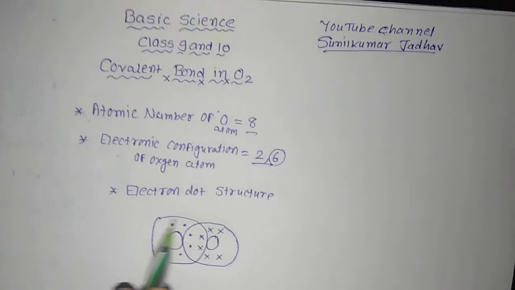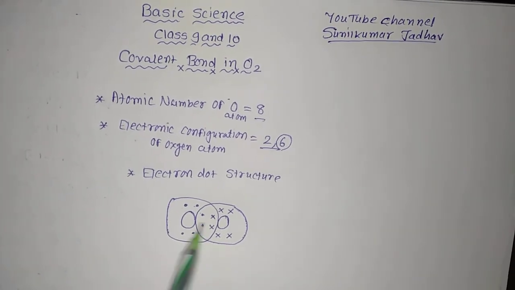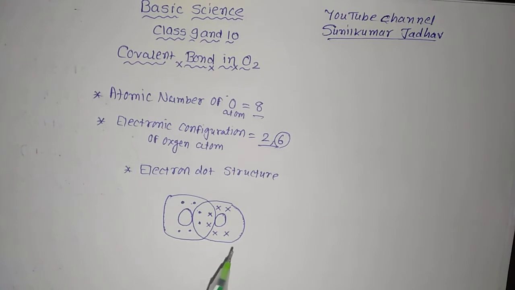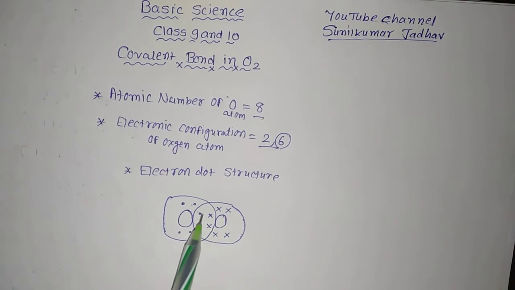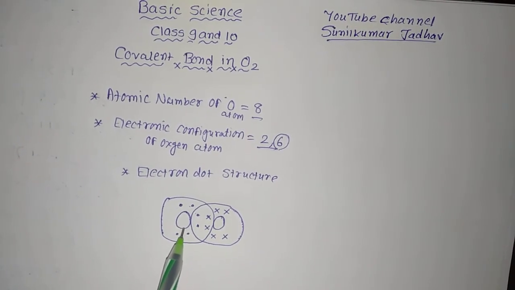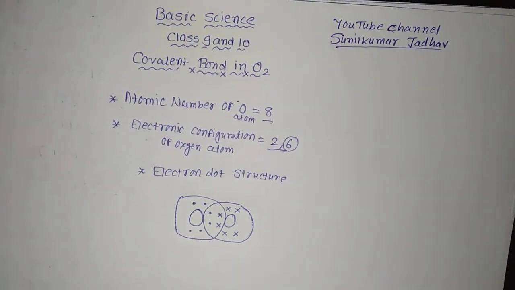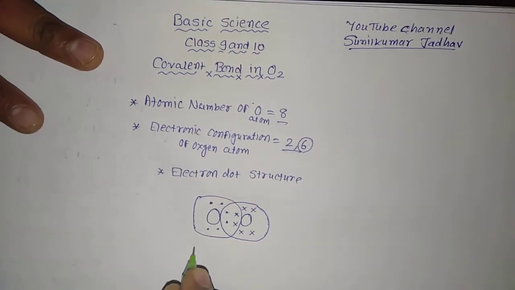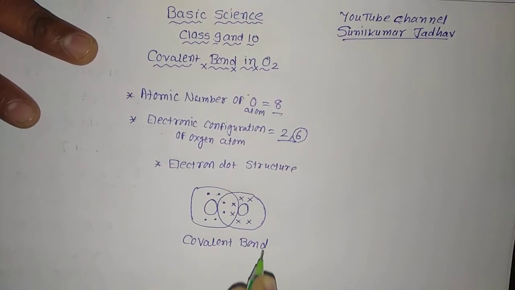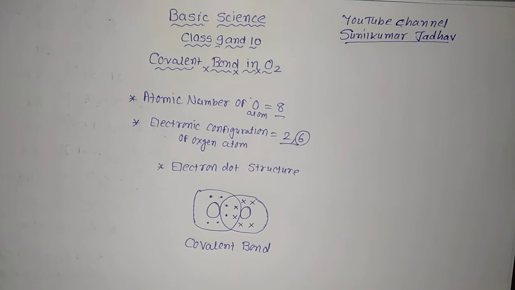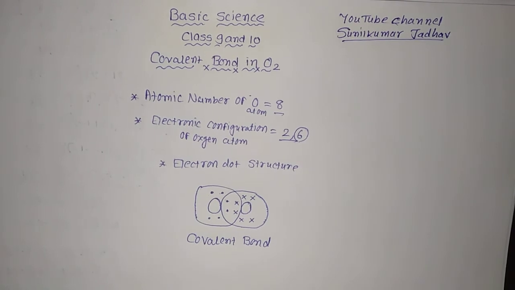In this circle you can see how many electrons: 1, 2, 3, 4, 5, 6, 7 and 8. So its valence shell is completed with 8; the octet is completed. For this oxygen, in this circle also you can see 1, 2, 3, 4, 5, 6 its own, and these 2 are shared with this oxygen. So this is how the sharing of electrons has been done. When sharing of electrons takes place, the bond is called a covalent bond. Exchange of electrons is the ionic bond, but when sharing of electrons is done, it makes a covalent bond.